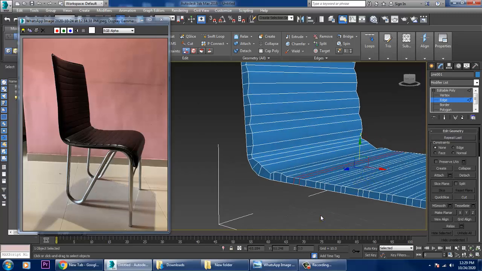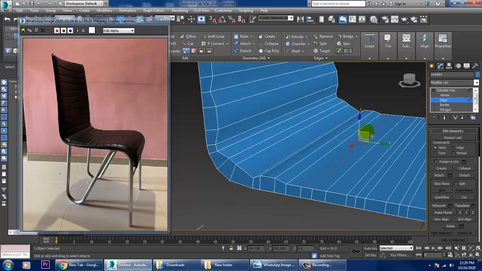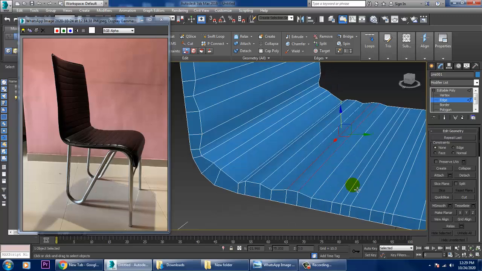I'm sorry, you can just select the top and just push it up. Don't make it very high, but it should go a bit up.